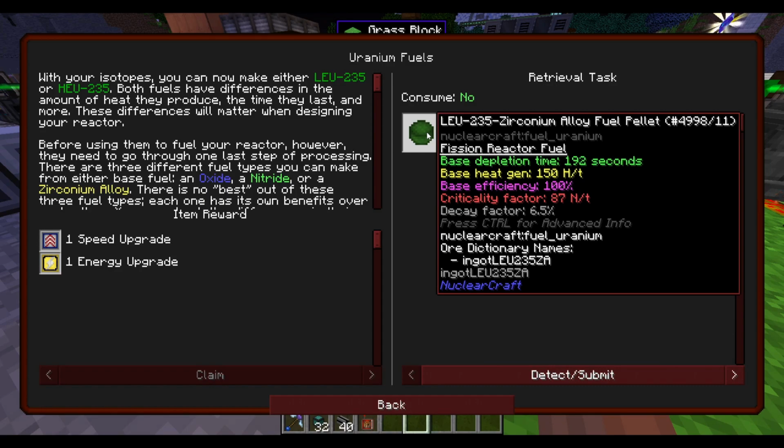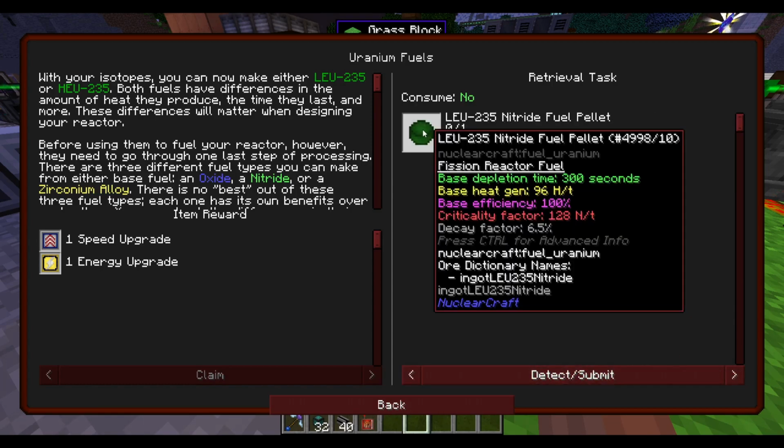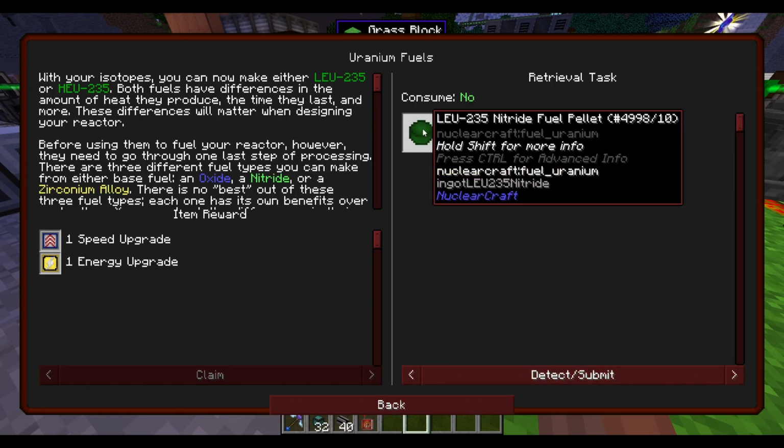If you think about it. Anyways, I'm not a nuclear engineer. I don't know what any of these mean. I mean, I know what base depletion time means. I can probably take a guess as to what base heat generation means, but I have no clue what exactly efficiency, criticality factor, or decay factor mean. So I'm just going to make the one that's easiest to make, and that's nitride, because we can